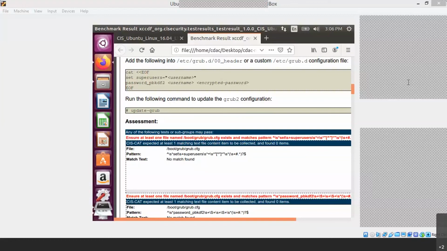Okay, so we'll move to the next topic actually: hardening of the network devices.